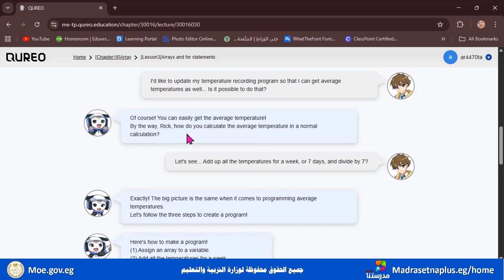By the way, Rick, how do you calculate the average temperature in a normal calculation? Do you know how to calculate the average of any numbers? Well, let's see. Add up all the temperatures for a week or 7 days and divide by 7.